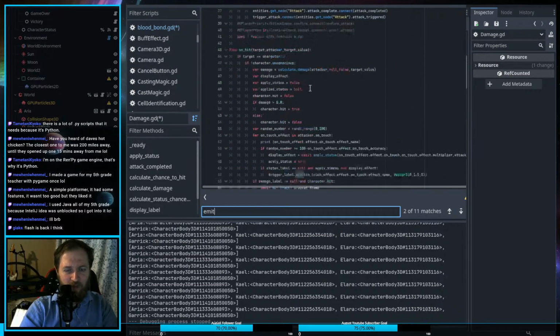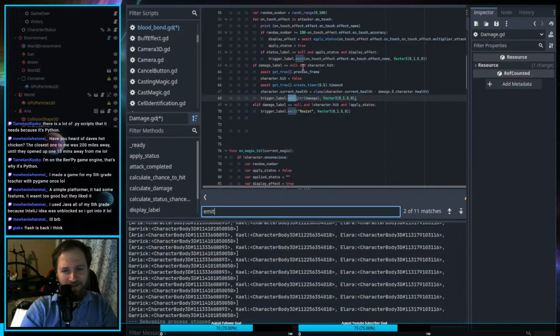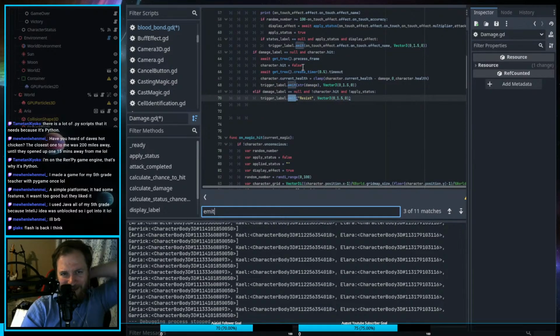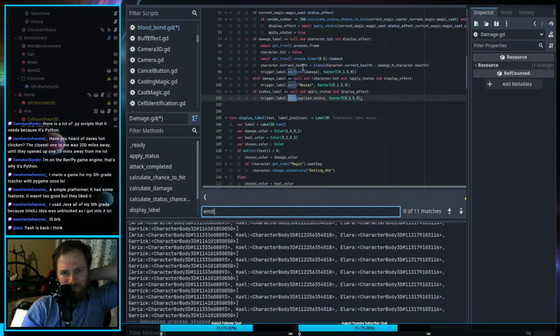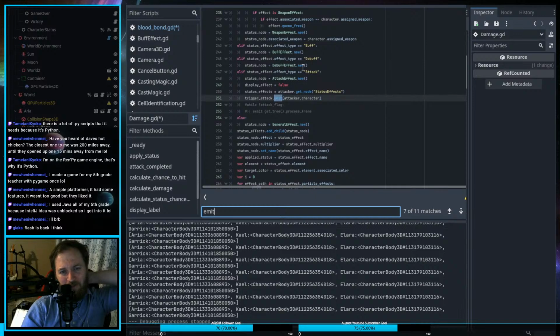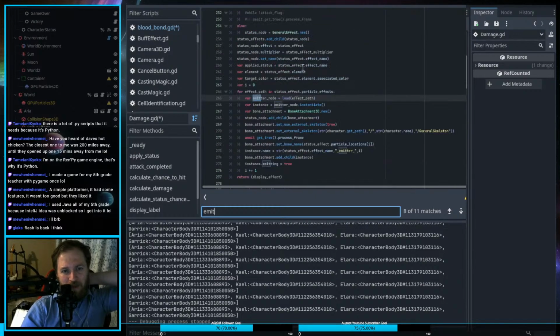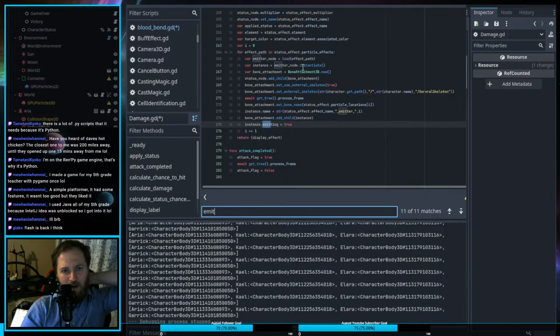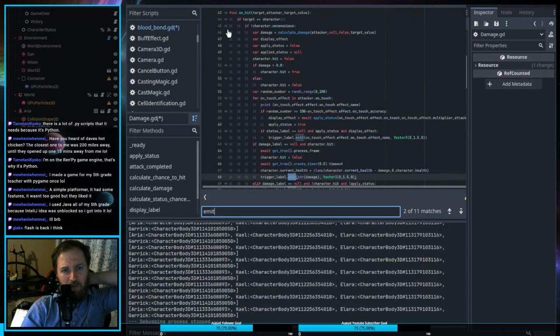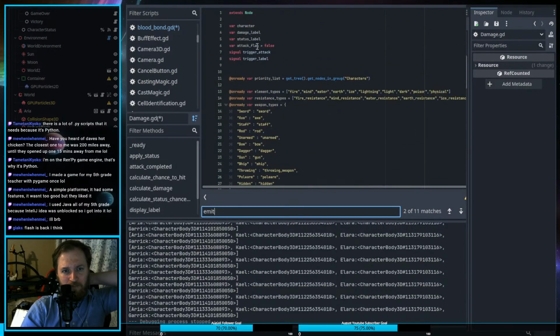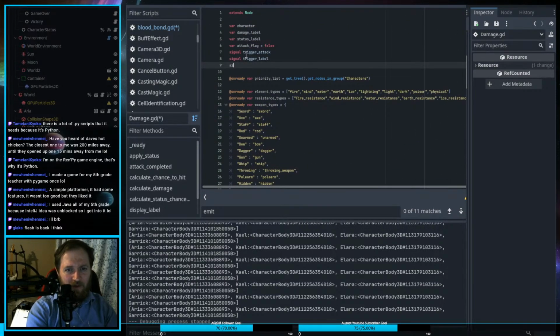I have these trigger labels. Not bad, I guess. Maybe I messed up doing trigger labels. That's trigger attack, so that's not it. I will probably not use trigger label. I'll use a new signal, even though I don't really like it. So this signal will be